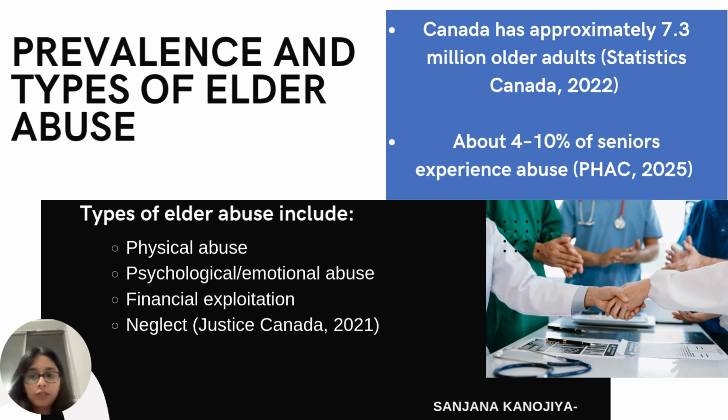Let's talk about the types of elder abuse. Elder abuse can occur in different forms, including physical abuse, emotional or psychological abuse, financial exploitation, and neglect. Each type of abuse has serious physical, emotional, and psychological consequences for older adults. Understanding the prevalence and different forms of elder abuse is essential for early identification, prevention, and effective intervention by the